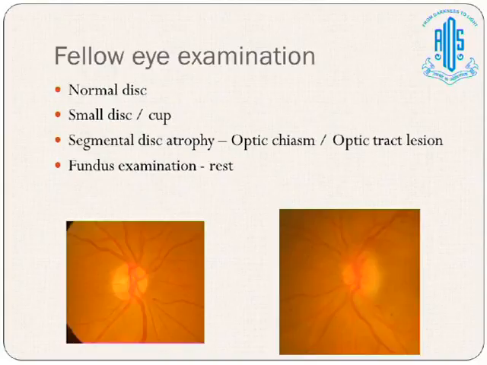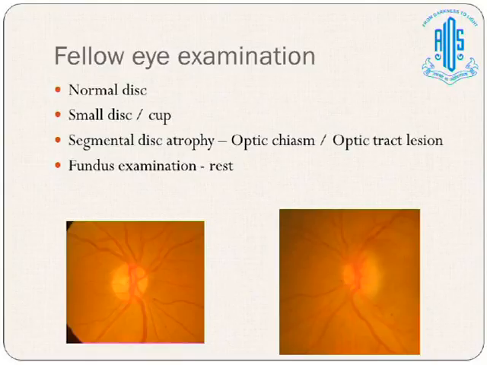Okay, then coming to the fellow eye. If you see an optic atrophy in one eye and the fellow eye is normal, then if it is a diffuse unilateral optic atrophy, you need to reevaluate all the signs for the unilateral disc atrophy and come to the fellow eye examination. Either you see a normal disc, or you see a small disc or a cup, which gives you a hint that whatever you are seeing might be an NAION,